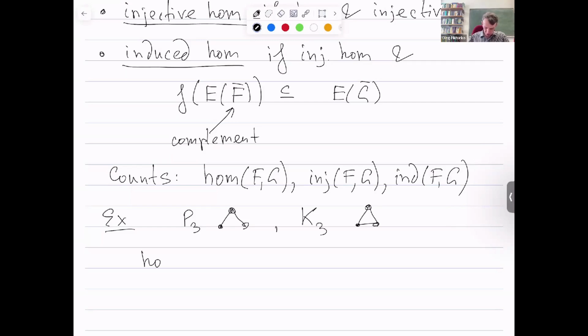So if I look at homomorphisms of, say, P3 to K3, then if I embed them in this order 1, 2, 3, I have 3 choices for the first vertex, 2 for the second. It has to be a neighbor of the first, so it cannot go to the same. And for vertex number 3, I have again 2 choices because I'm allowed to send 2 and 3 to the same vertex. But on the other hand, if I count injective homomorphisms,